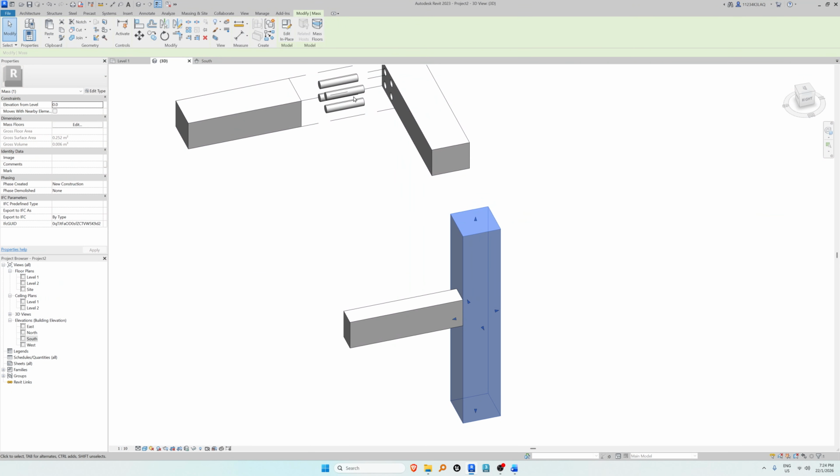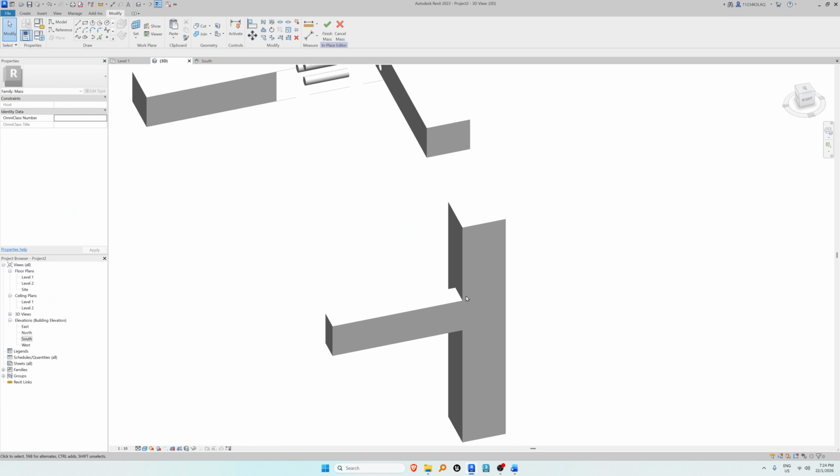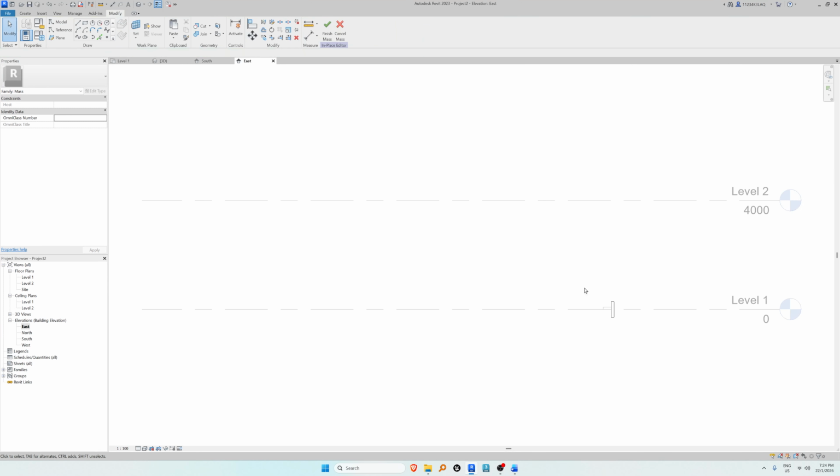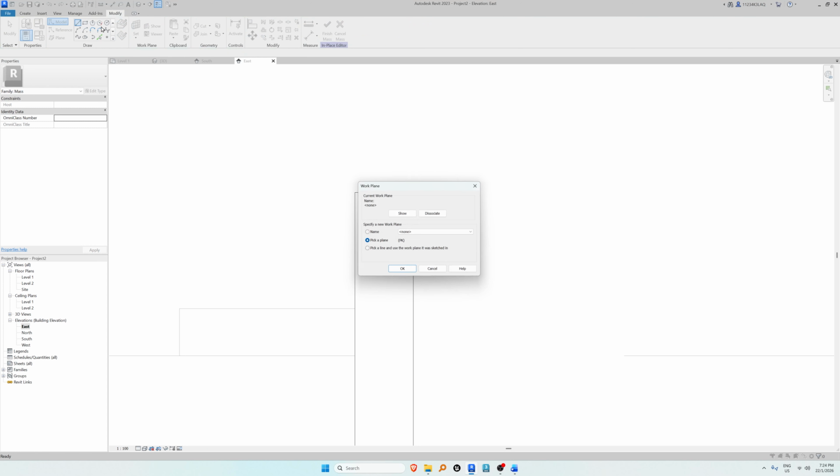So pick the vertical one, edit in place, pick lines, right? Set your work plane to this face. This face is on east, so if we go on east, we can see what's happening. Okay, lines,